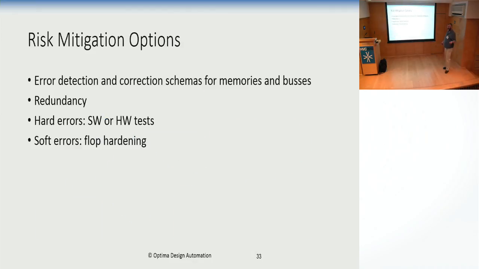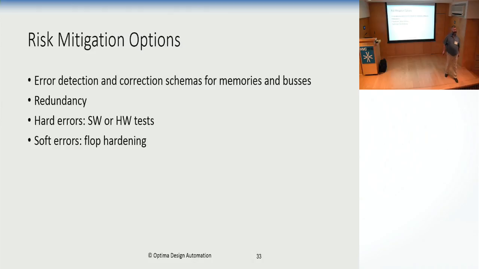So what do I do about this risk? I keep saying safety mechanisms and so on. How do I mitigate the risk? Basically, there are 4 systems that you can deploy. The first is well known, and I will not go into it at all, and that's error detection and correction